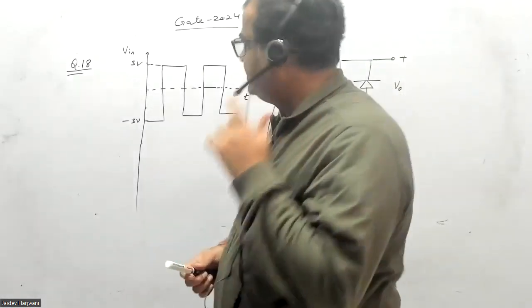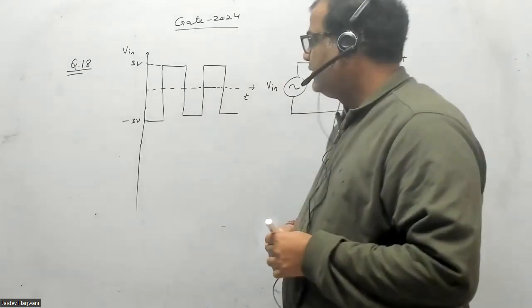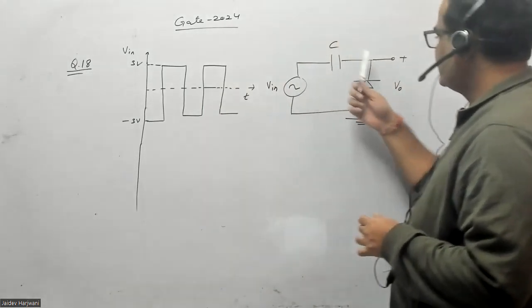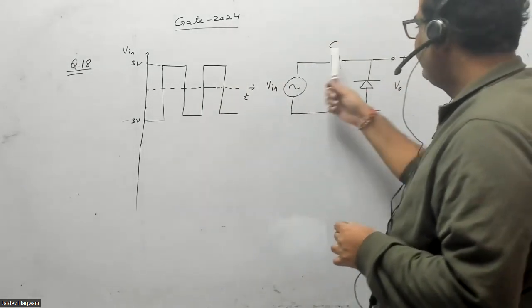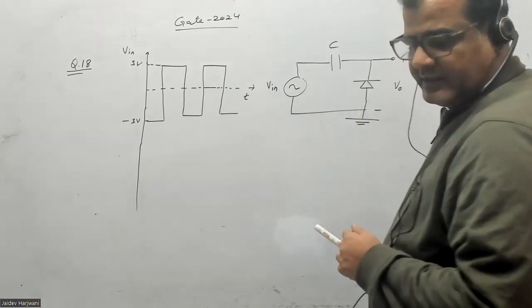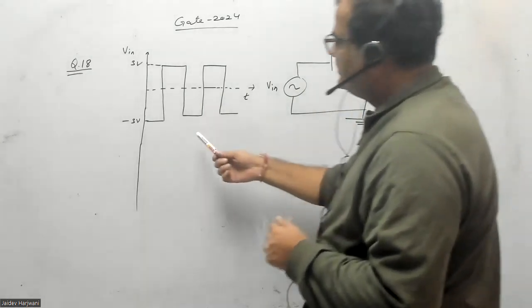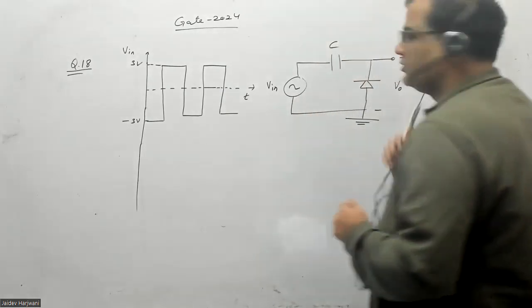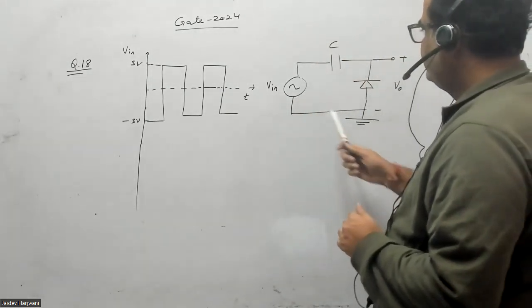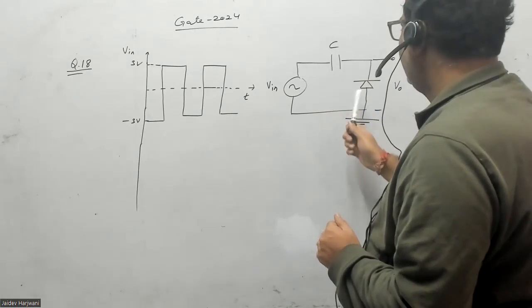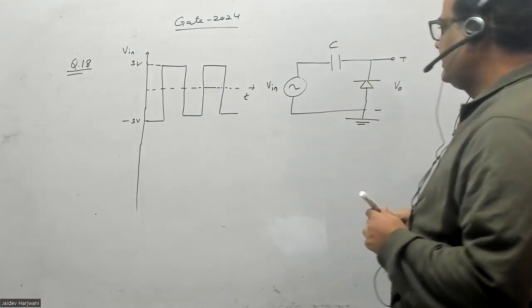Hello students, let us see this problem from GATE 2024. In this question they have given you a circuit. You can easily identify this is the clamper circuit, and they're applying this input wave and asking what will be the output. By looking at this circuit we can identify this is the positive clamper